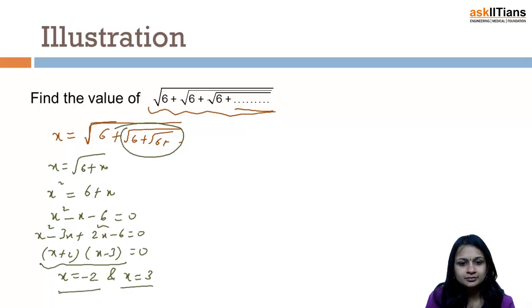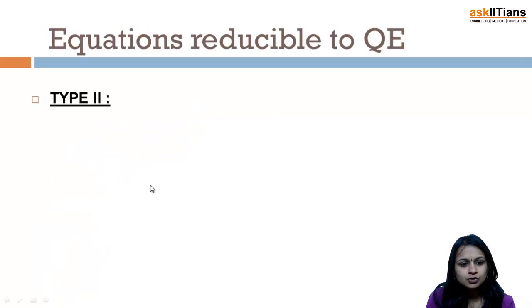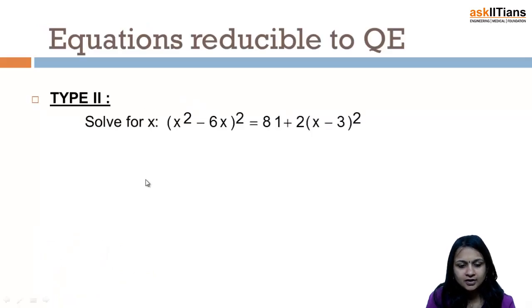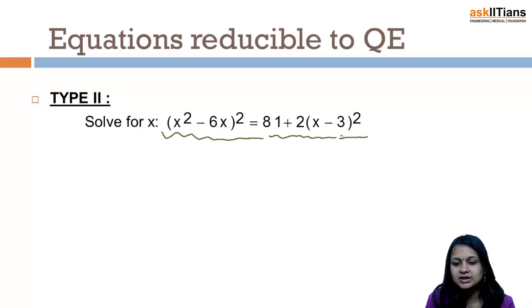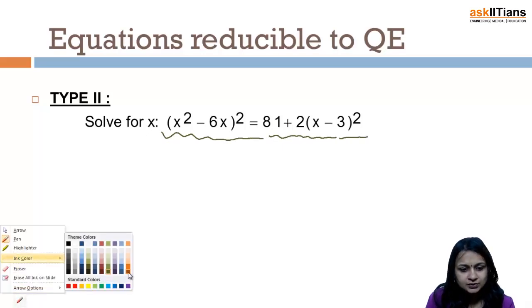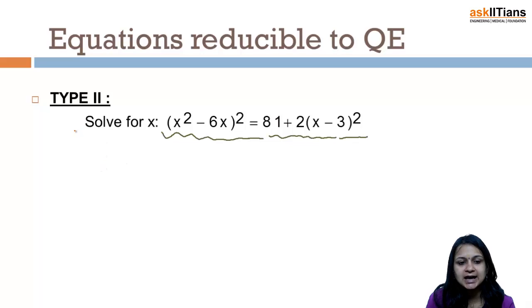Okay. Now let's move to the second type, in which you will see that you have an equation like this. Solve for x: (x squared minus 6x) whole square equal to 81 plus 2 into (x minus 3) whole square. The first thing is, what is the speciality of this type? The speciality of this type is, you will find that your variables are forming some kind of AP,